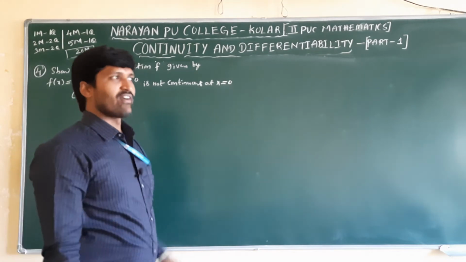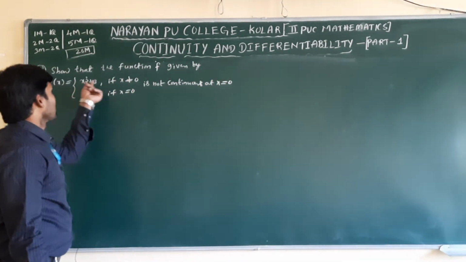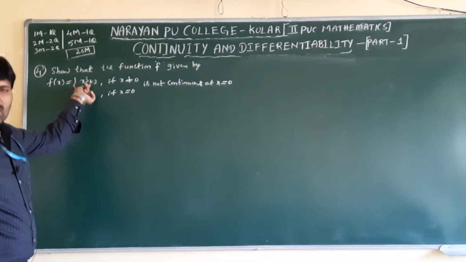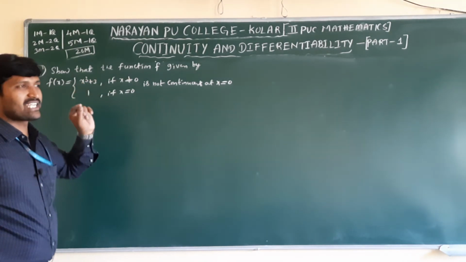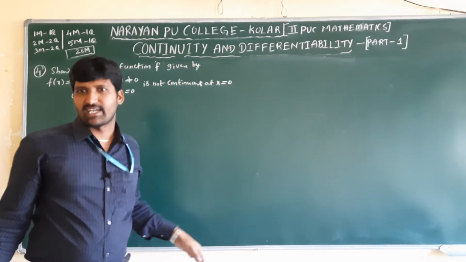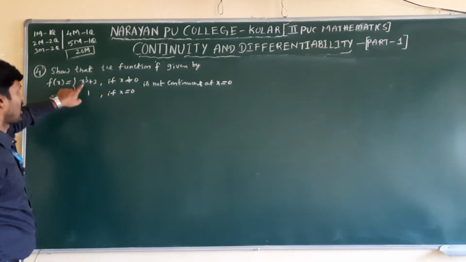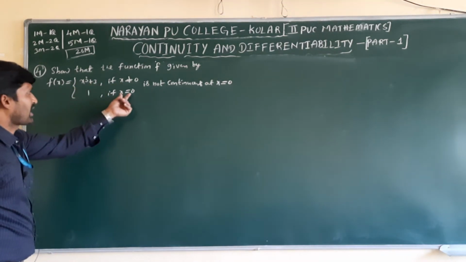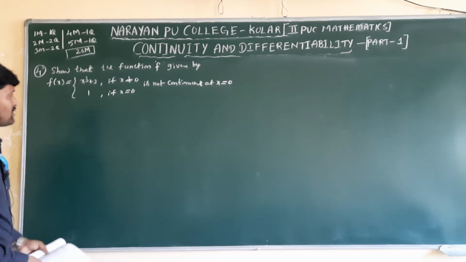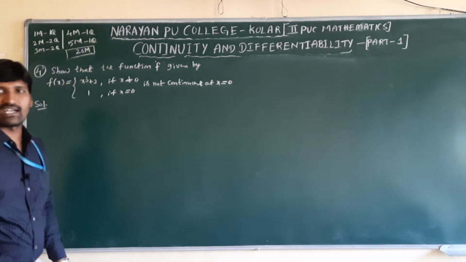For less than 0, for negative numbers, and for positive numbers, for both it is the same function. So limit of x tends to 0. X tends to means what? Already said, approaching from the left side or right side, both mean the same only. That's why the limit of the function value is what? X cube plus 3. Functional value at exactly 0, what is there? 1. Here also less than, greater than is not there. No need to take LHL and RHL.